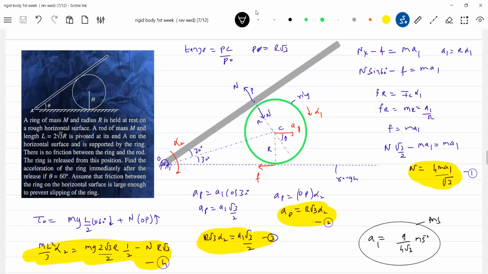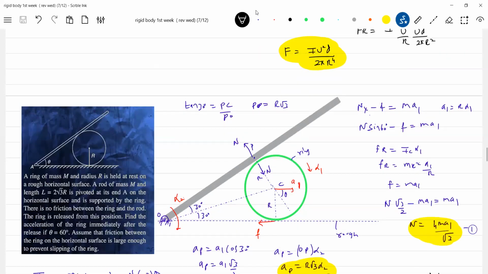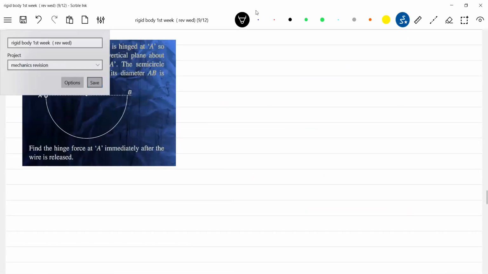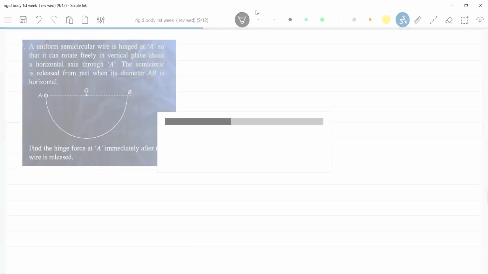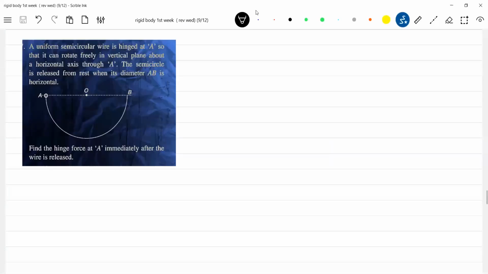This one, no? Yeah, this is very important. My personal request: do revise such problems and then go to the advanced. If you look at the books, we do have reaction at the end when it is released. Maximum we did for rod. Now in the revision program, you try to analyze all other different shaped objects. In the rigid body mechanics in the books, 90% of numericals are based on rod. Slight change, instead of rod, let it be other shaped rigid body.